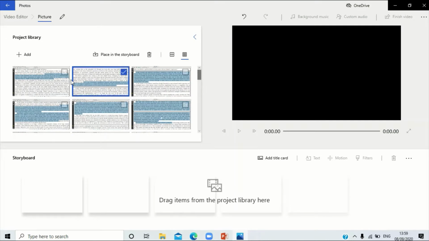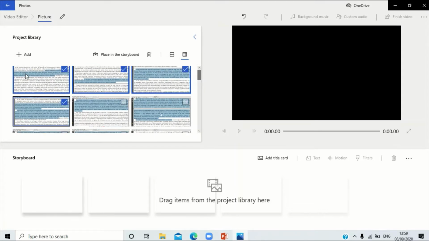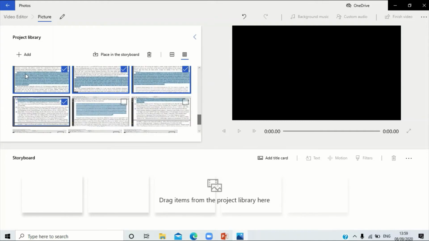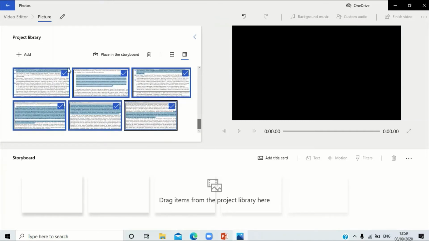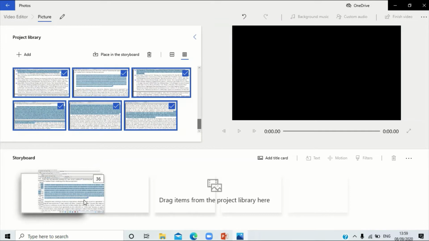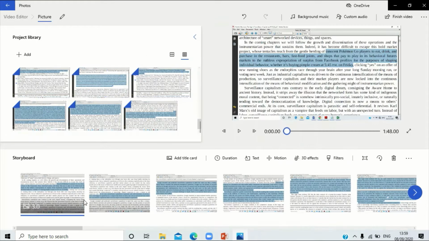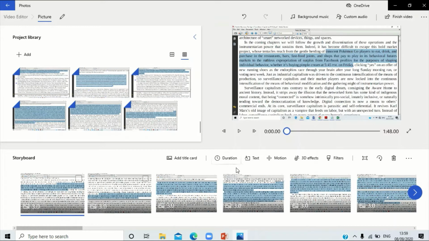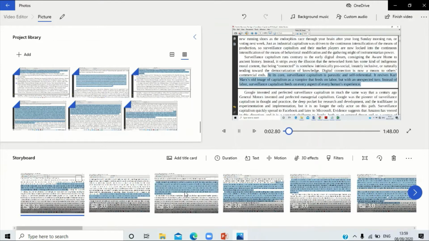So what happens is you can very conveniently just select all of the images here. I'm just pressing shift and going down, and after I've selected all the images, I've placed them on my storyboard and they appear one after the other, and I do not even need to extract these images separately.